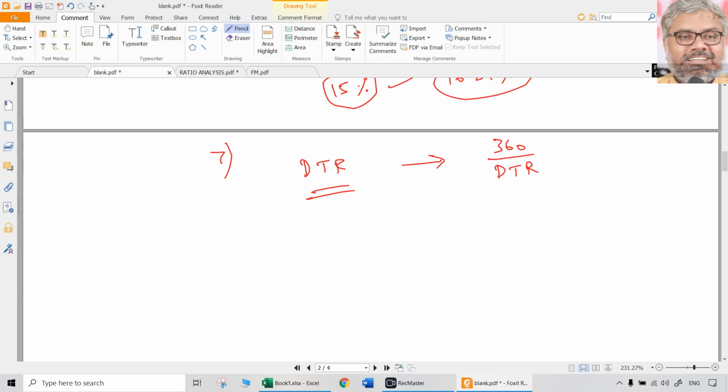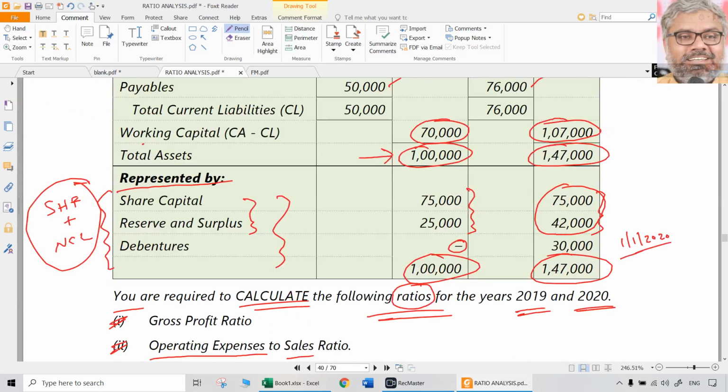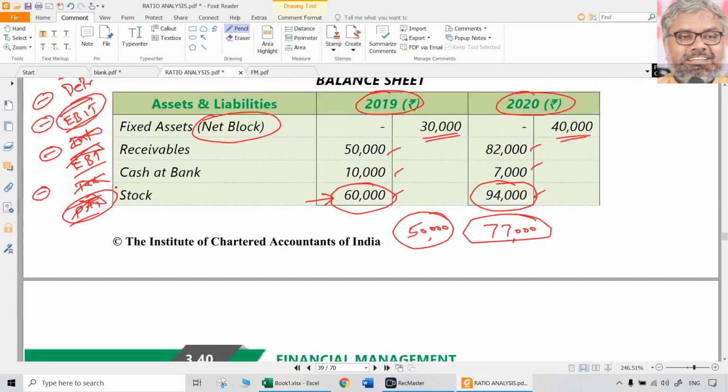So debtors turnover ratio, what is the formula? The debtors turnover ratio formula will definitely be net credit sales divided by average debtors. But here once again, average debtors is not known. Why can we not know the average debtors? Because the opening balance of debtors is not given at the beginning of 2019. When it is not there, you cannot take 1 year closing debtors and another year average debtors. Consistency has to be followed. That is why instead of taking average debtors, you can take closing debtors also, no problem. That is 50 and 82.